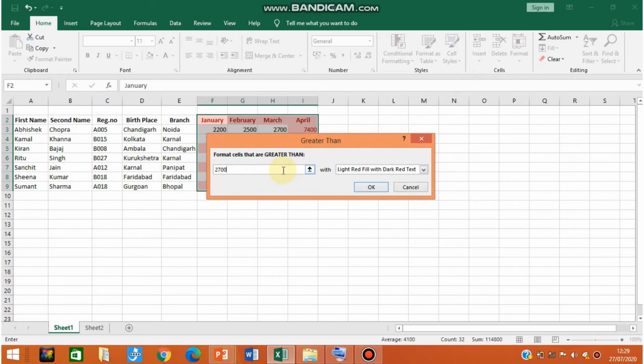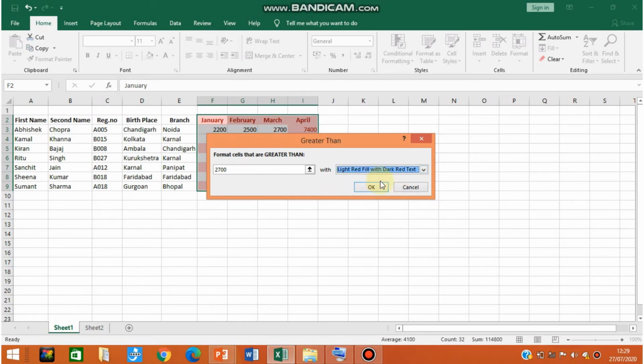Suppose here I am putting 2700. After specifying 2700, beside this cell there is one more cell for the color that you want to use. A drop down list is there. Click on that and you can choose any color that you want.